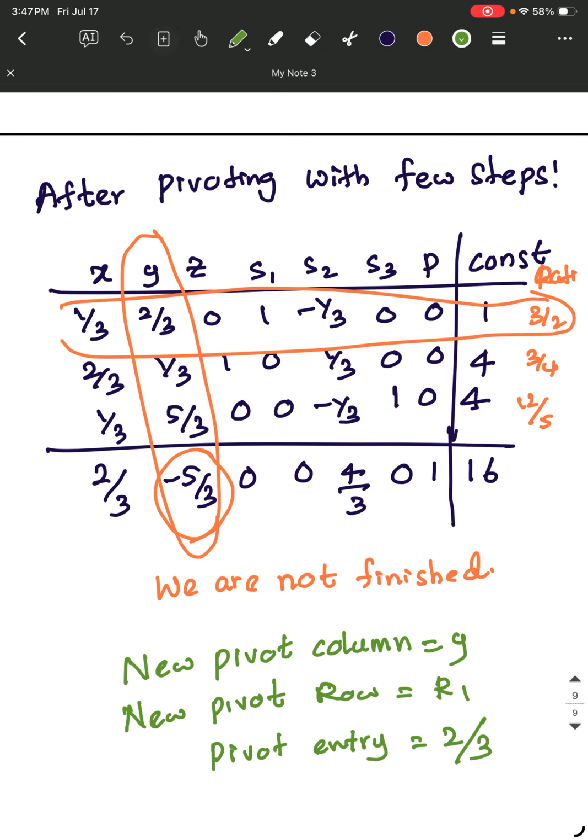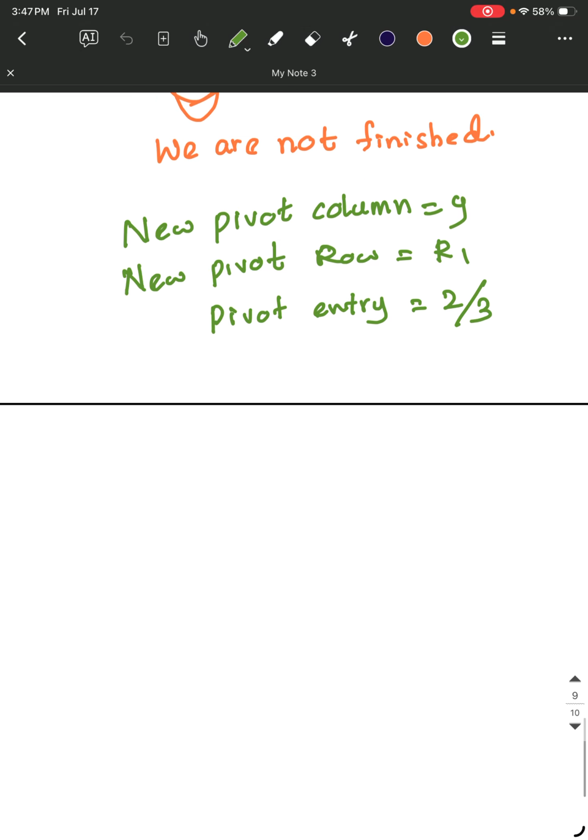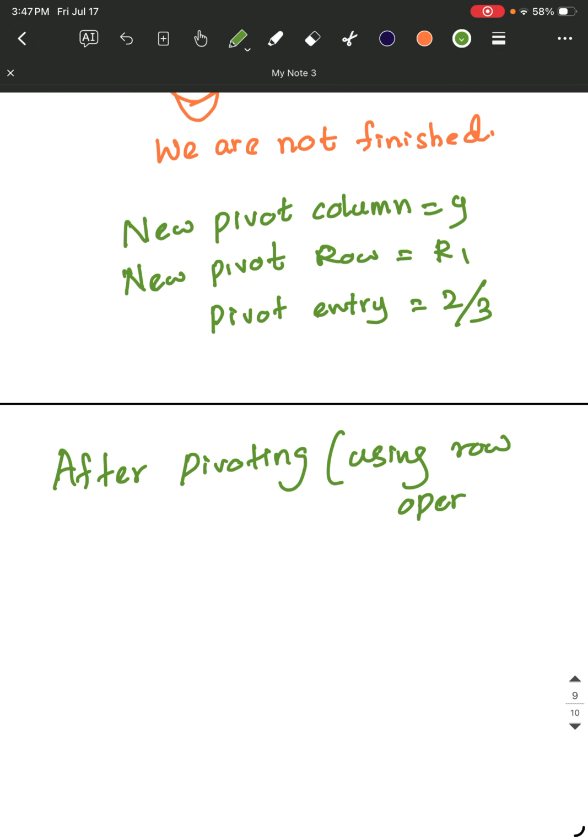Then after performing the pivot again, after pivoting using row operations, we will have